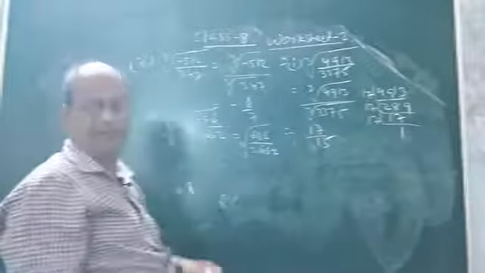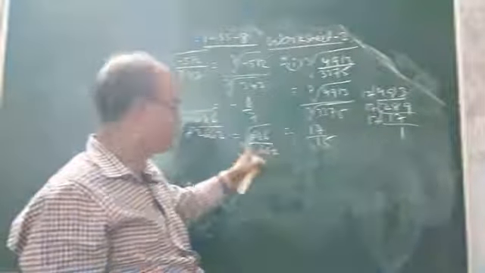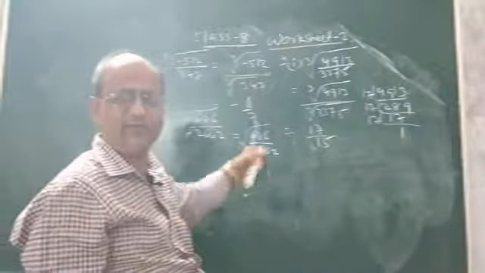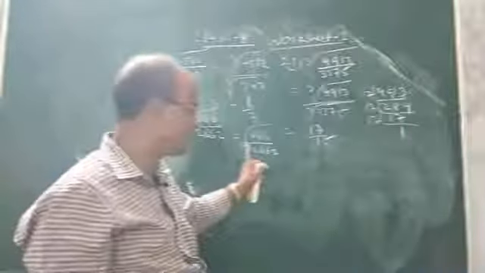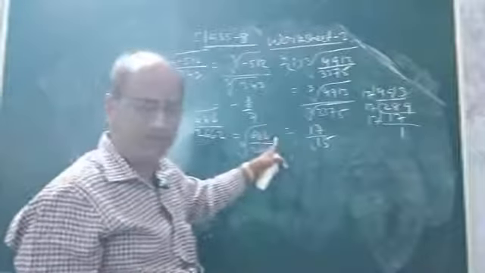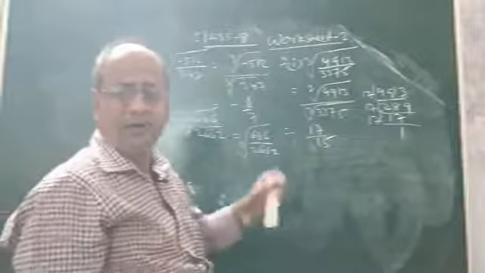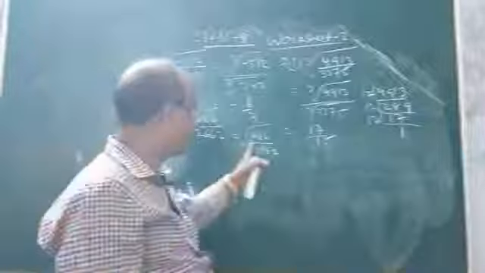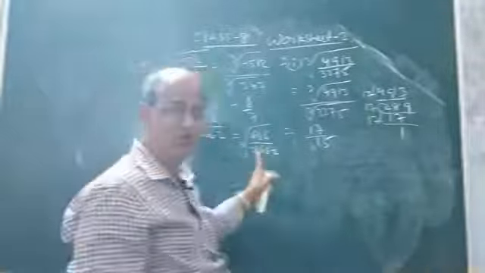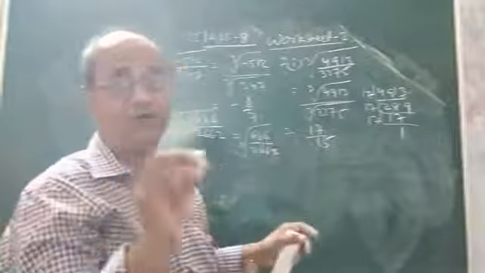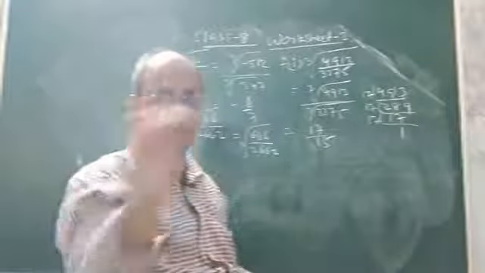Now see, this is a very interesting question. Suppose this is A, this is B. Again it will be cube root of A by cube root of B, that means cube root of 686 divided by cube root of 2662. But my dear children, if you mark 686, it is not a perfect cube. Similarly 2662. You know how to check whether a number is a perfect cube or not. What is the process? I have told you, by the prime factorization method.